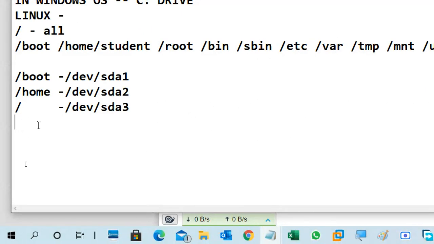But these are the main important ones I've given. If you want, for /root also I can give, but here I'm going with the swap.